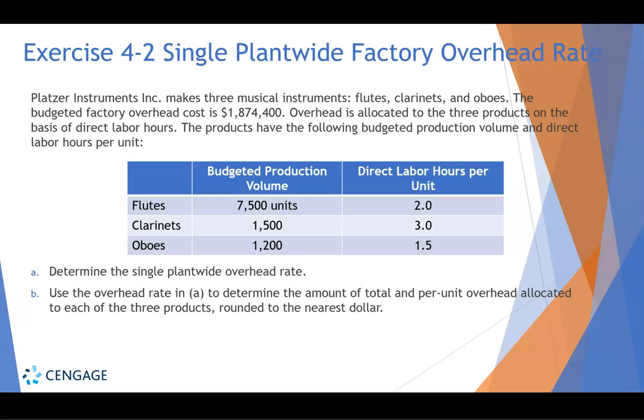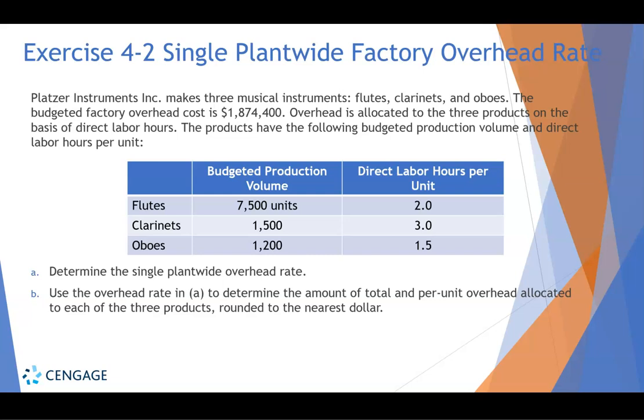Here we've got Platzer Instruments, which makes 3 musical instruments. They make flutes and clarinets and oboes. The budgeted factory overhead cost is $1,874,400. Overhead is allocated to the 3 products on direct labor hours, and the products have the following budgeted production volume